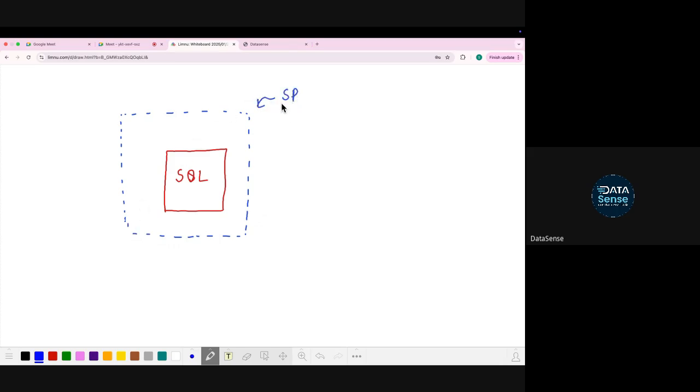Now every time you don't need to run the SQL query again. You just call this stored procedure the right way. You set up some variables, parameters. This is not a function, but just assume it is like a Python function, right? Any function takes some input and returns you something. Stored procedure also does that: whatever code you have written, you store inside this stored procedure.